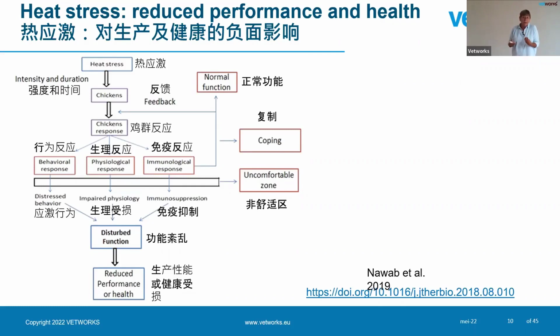So the chicken will try to respond to that. And a lot of things happen. There's a behavioral response, there's a physiological response to cope with this critical condition. There's also an immunological response. And to some point, chicken can cope. But then comes a time when it becomes distressed. You will see impaired functioning and also immunosuppression. And that is really the critical uncomfortable zone that we need to take into account and see when we need